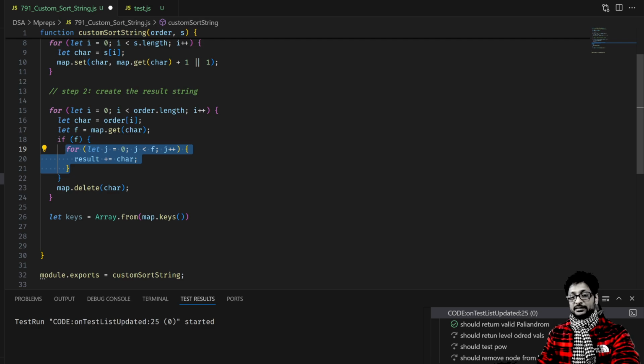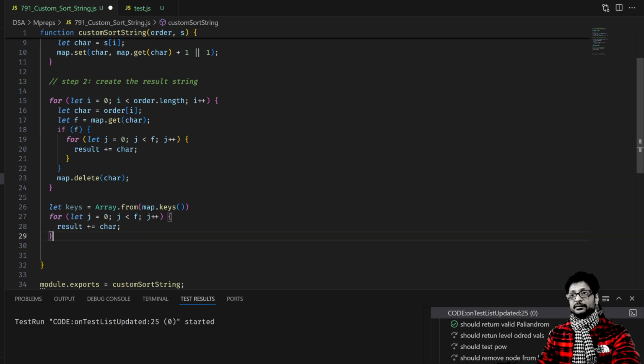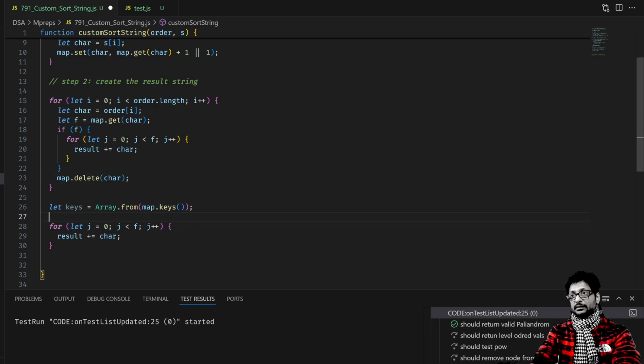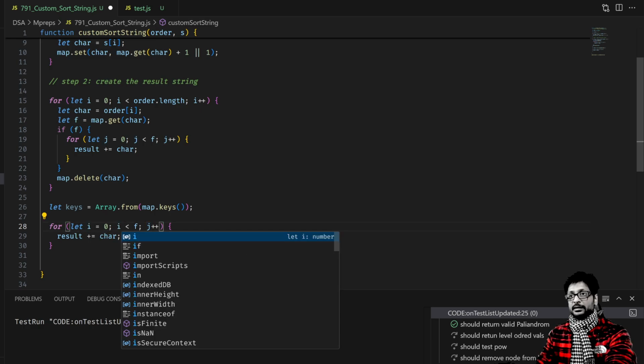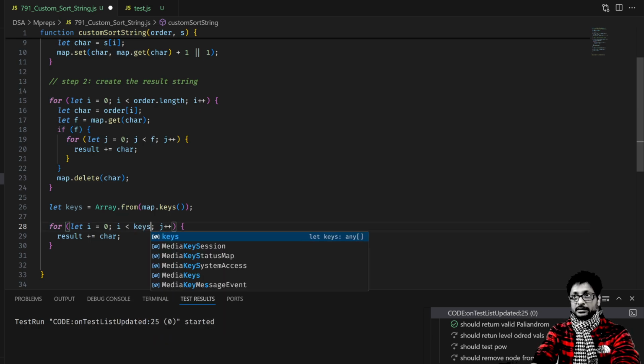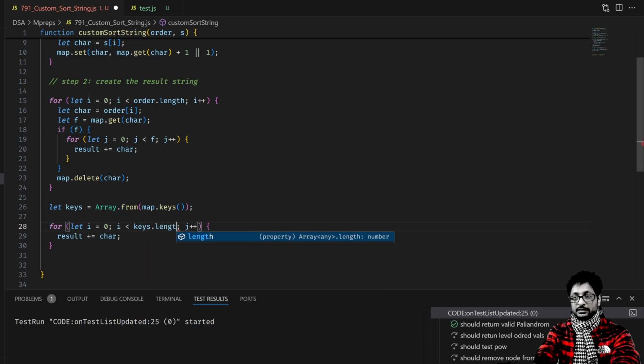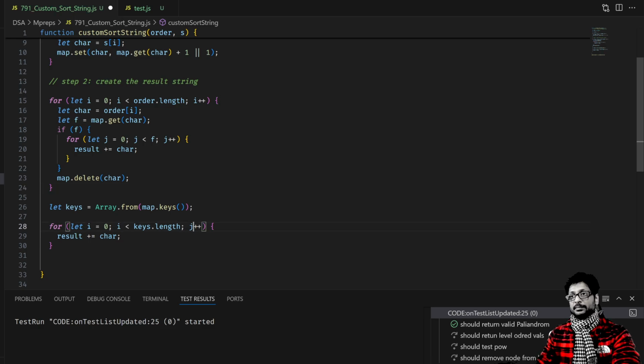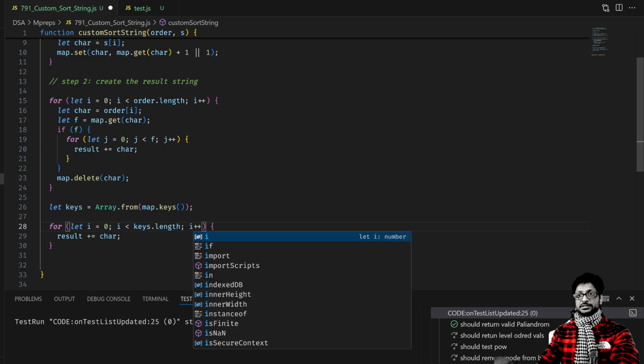Whatever we did here, we can repeat it. For i less than our keys dot length, i plus plus, and then